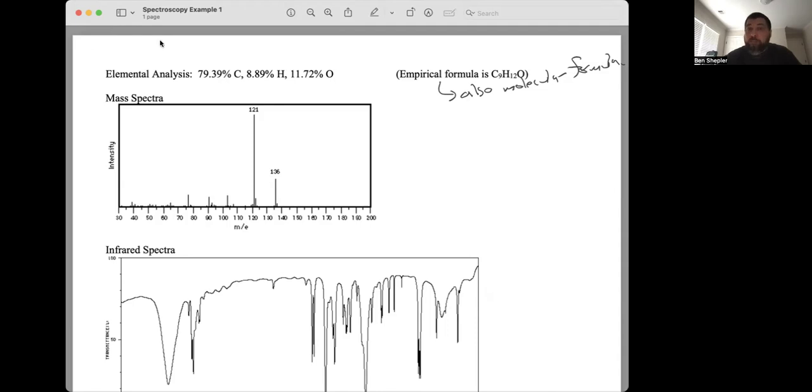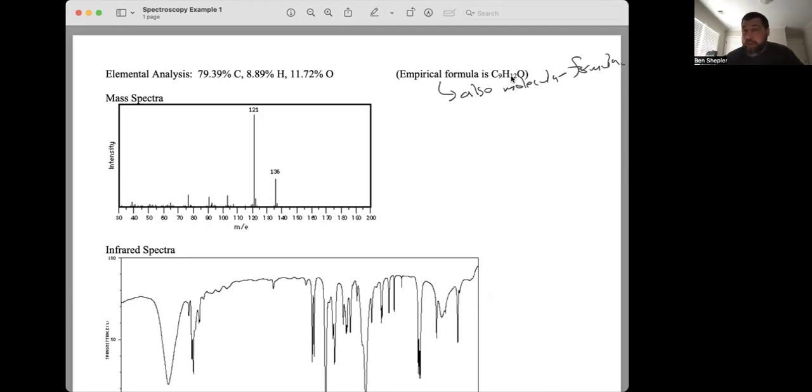And so for the HDI, that's 2 times the number of carbons plus 2. So 2 times 9 is 18, plus 2 is 20. And then if I had any nitrogens, I would add that to that number, but I don't have any nitrogens. And then I ignore the number of oxygens. That doesn't impact the HDI. And then I would subtract the number of hydrogens and halogens from that. We don't have any halogens. I only have hydrogens. So